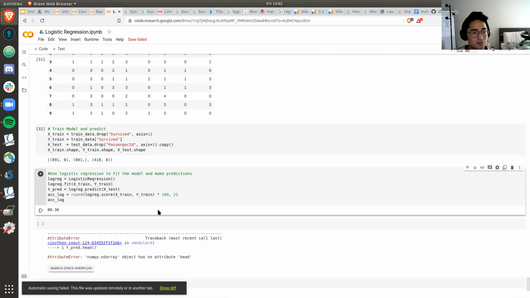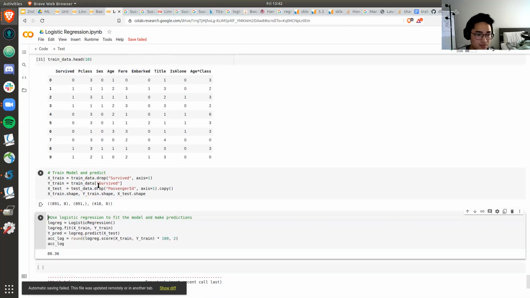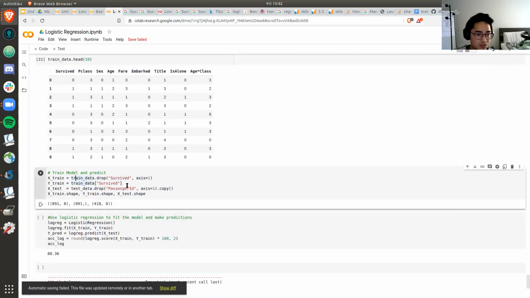So now this is when we do the fun stuff, the logistic regression model that we were talking about. Like what we did in linear regression, we split our data into X train and Y train. In our X train, we want to drop our survival probability, which is from 0 to 1, and we want our Y train, our labeled data, to take in that column value. Now when we create our X test, we also want to drop passenger ID because it's really not something we need.